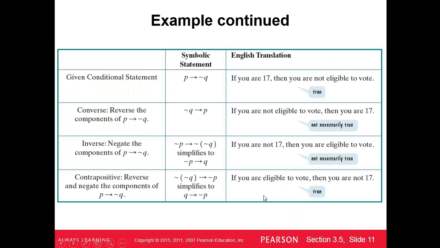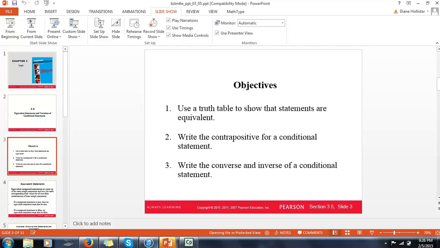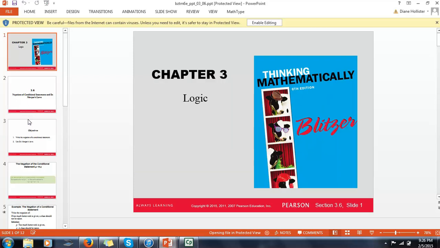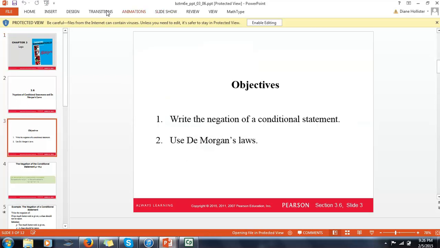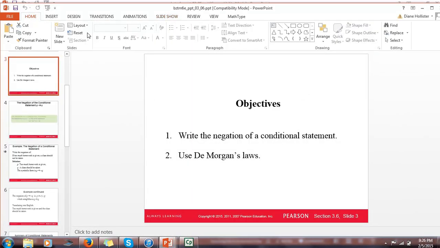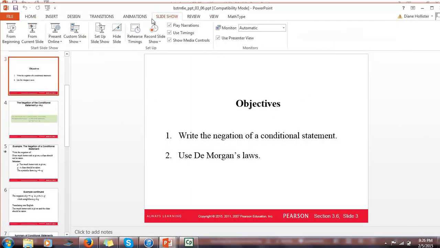Notice the first and the fourth one are true, and the two in the center, the converse and inverse, are not necessarily true. So the converse and inverse are logically equivalent, and the conditional and its contrapositive are logically equivalent. A nice short little section there, although it still is probably going to stretch your brain just as much as any other section. Now, moving into 3.6, we see something that we've seen before in a name in set theory,